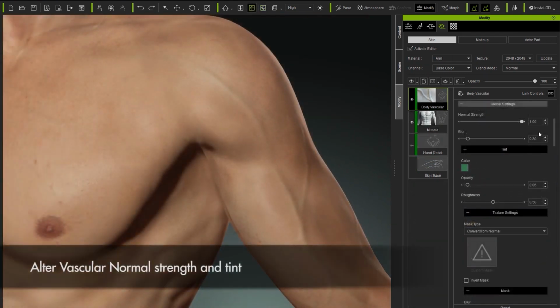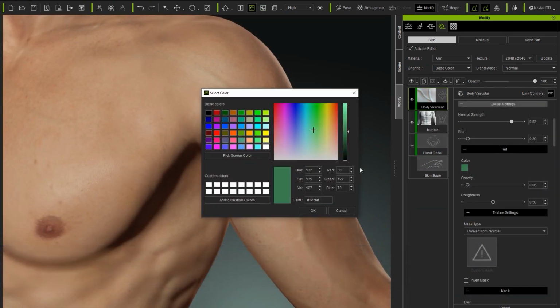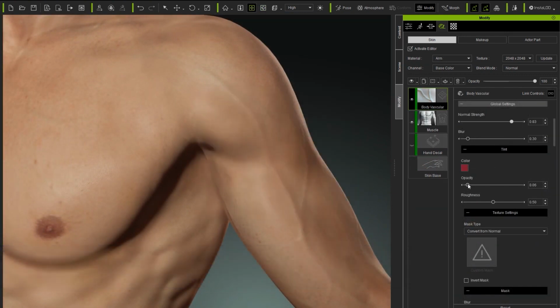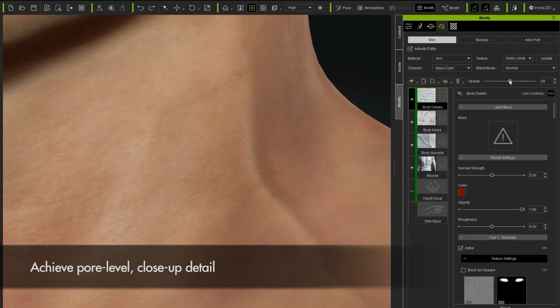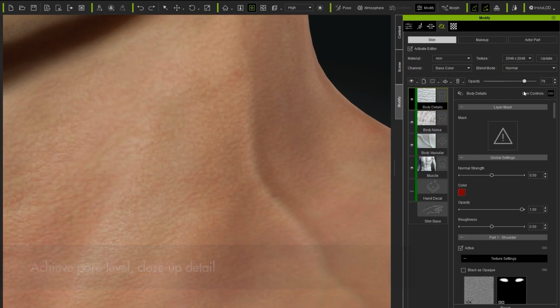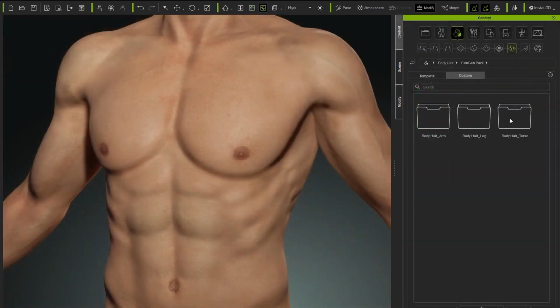You can see the veins. You can change the veins, the strength of the vein, the tint on the vein. If you want to make a zombie character, or just a highly muscular character, or just a different kind of character, if you want to design something creative for the future, you can do that. And the best part, the wrinkles on the skin are very realistic.